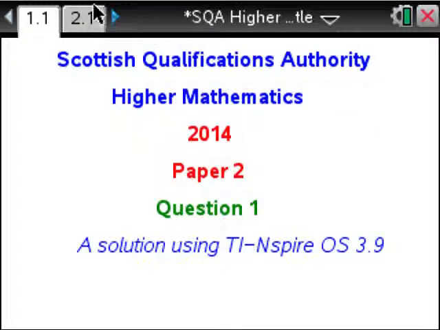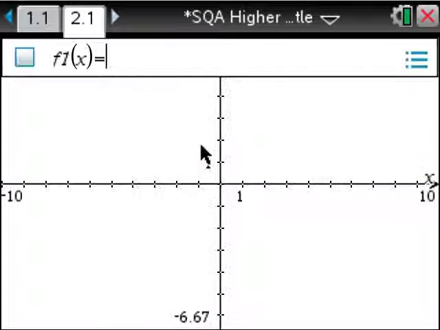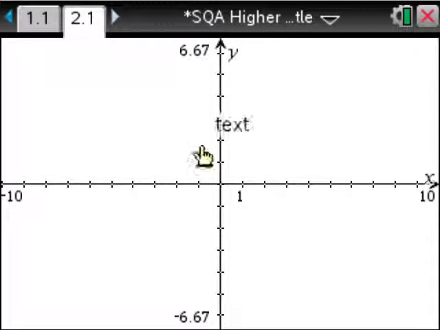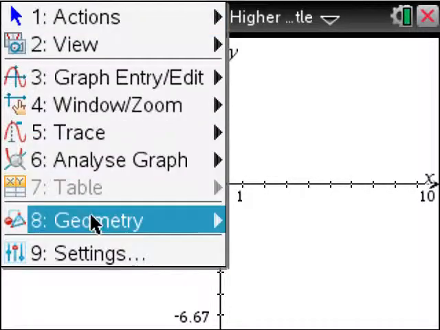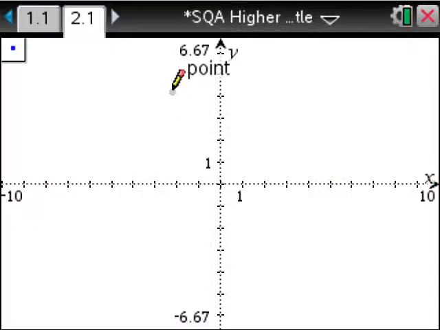2014 Paper 2, Question 1. We're going to open up a graph page and see if we can construct the diagram that's given to us. We're not given any equations yet, but we are given the points, so let's just plot those points. If I do menu, geometry, points and lines, and point,